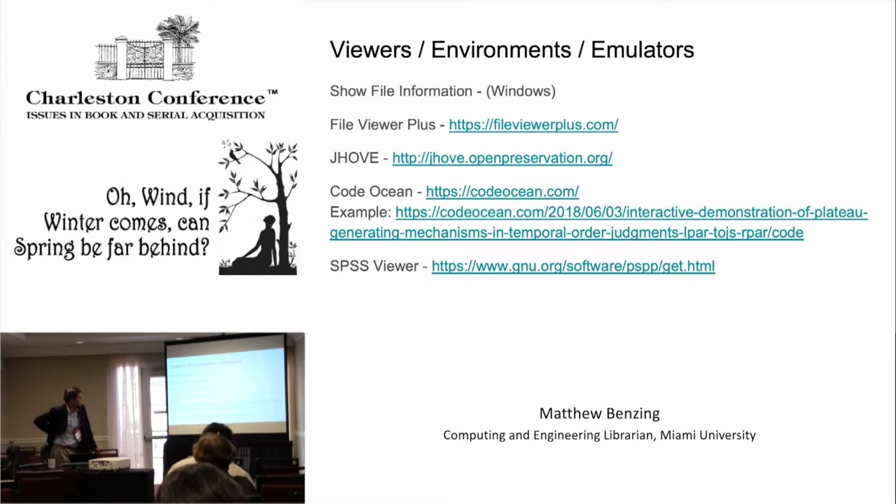JHOVE is an application that takes a file, opens it, and tells you what it is. It also tells you if it's well-formed or valid, which is a concept taken from XML, but they're applying it to all kinds of files. Basically what they're telling you is, does the file follow the lowest specifications for that file type? And then it goes one step beyond, and the second level is, is everything about it properly formatted? Again, it's the same as in XML.